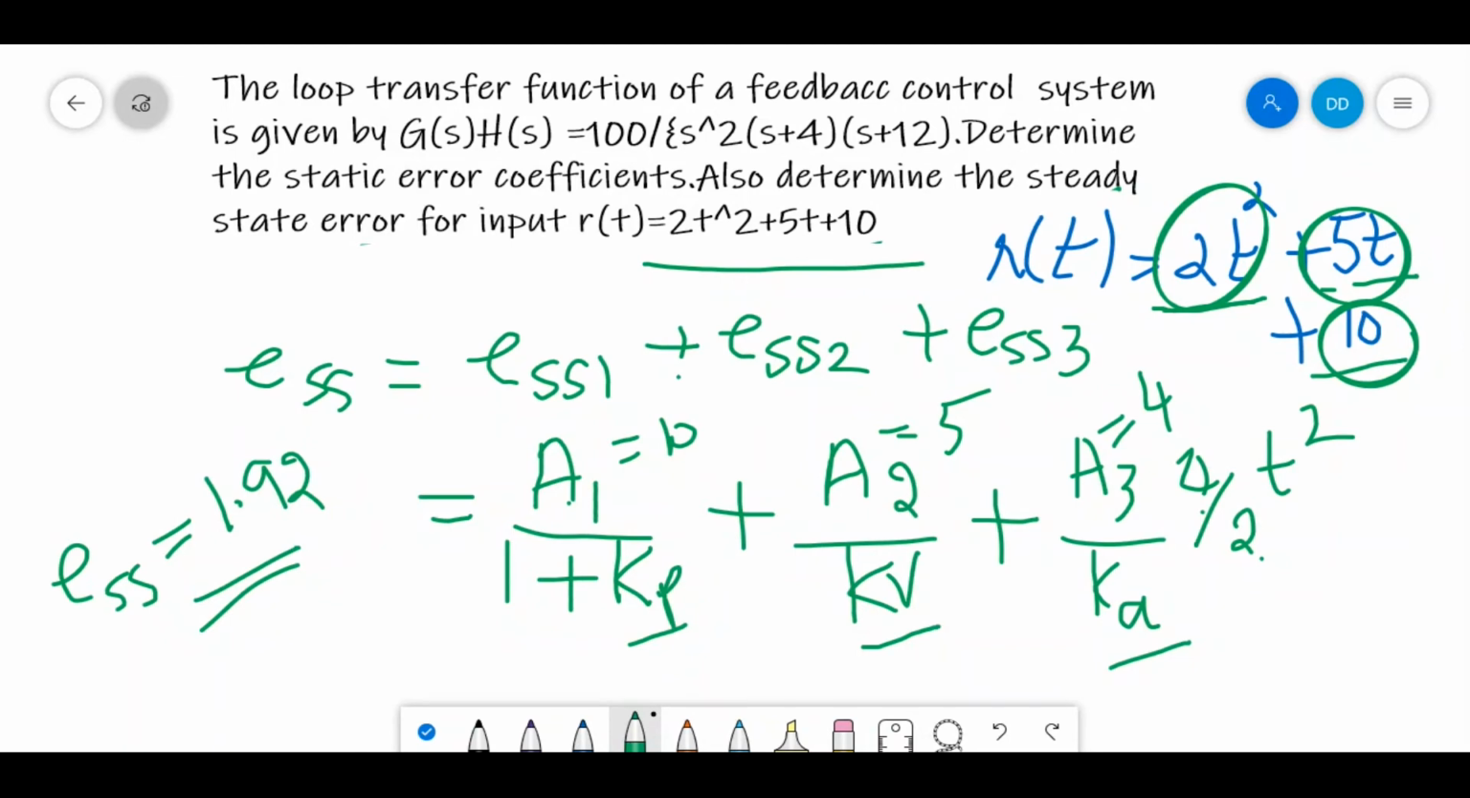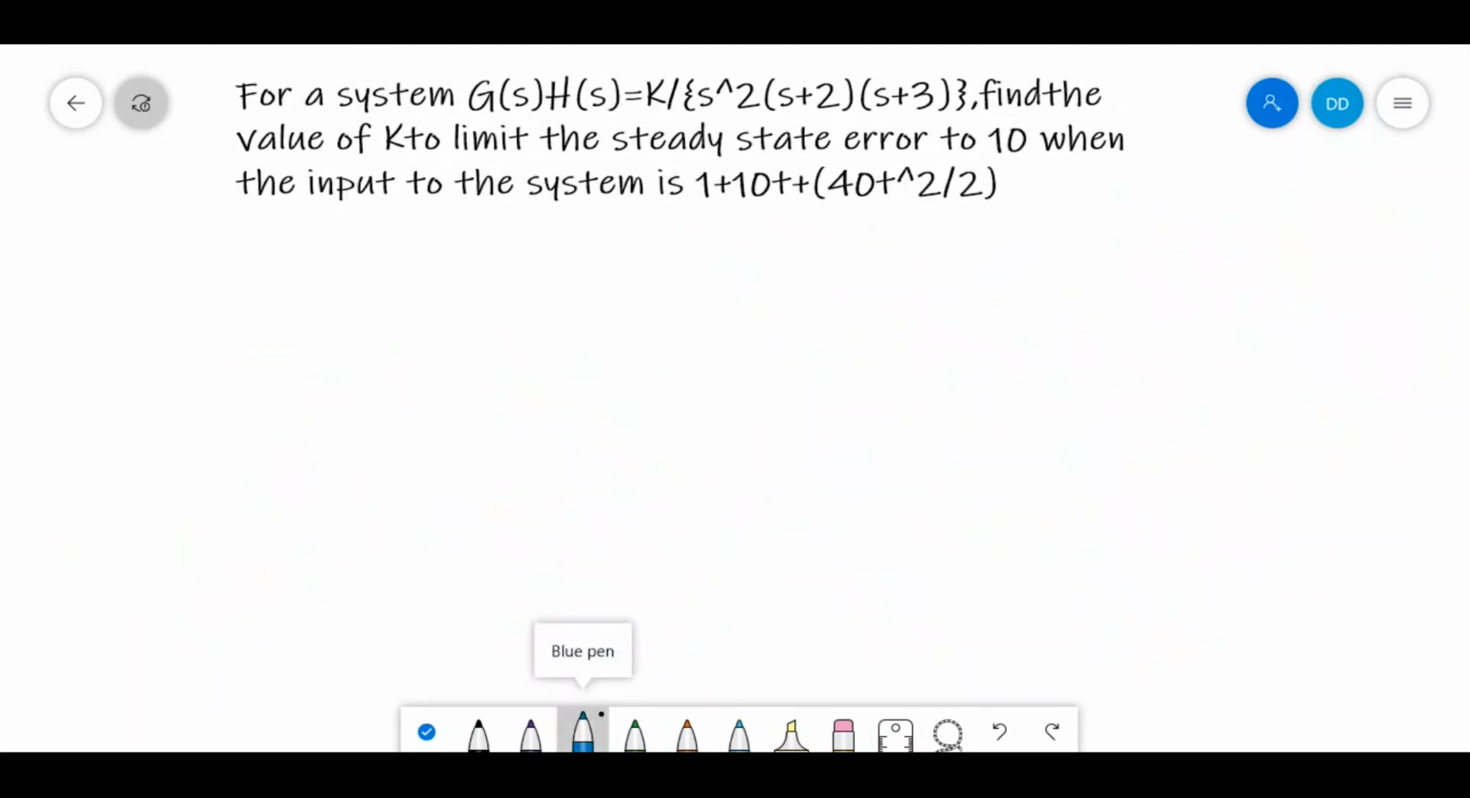We will see one more example on steady state error. So next example, for a system G(s)H(s) equal to K divided by s square into (s plus 2) into (s plus 3). Find the value of K to limit the steady state error to 10 when the input to the system is 1 plus 10t plus